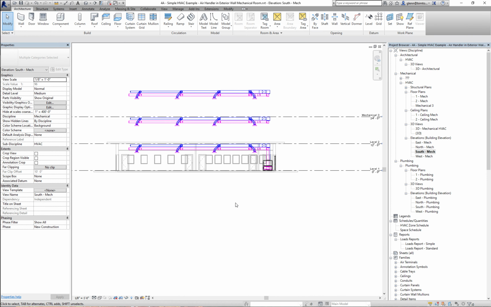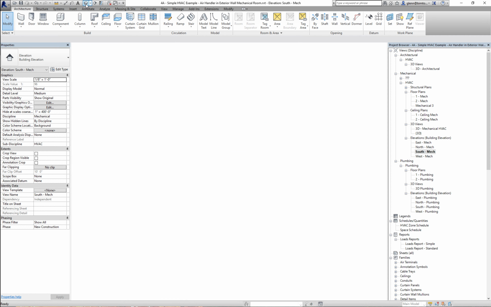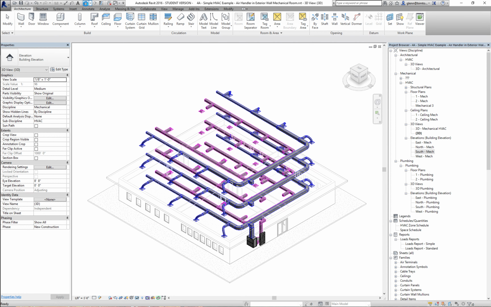So here's a really common situation. I've got a multi-story building, and I've got all that stuff going on in there. You say, how can we connect them all together? Usually the way it'll work is we'll have the systems on the individual floors, but then we'll go through and somehow connect them together with a vertical shaft of some type. So how we can do that is